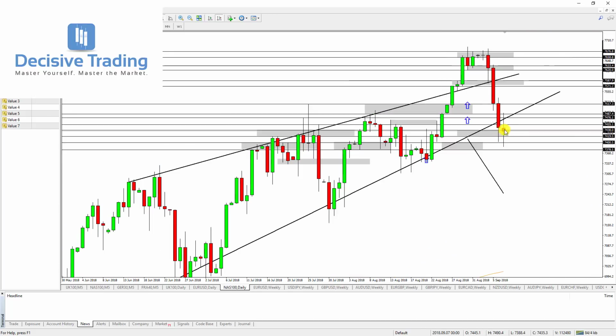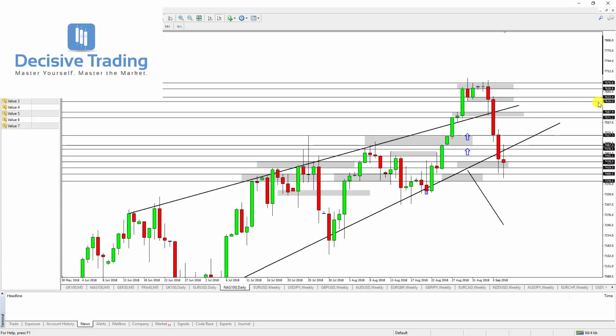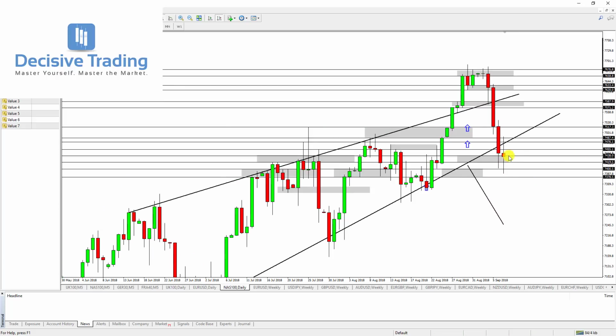This did not do that. Instead, it's actually closed lower than Thursday's close. So at present, it's not screaming out overly bullish for me. I mean, it's just not giving that evidence. Let's get rid of both of these arrows. Okay, so